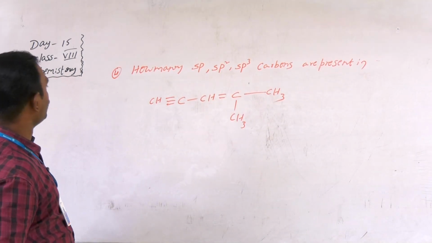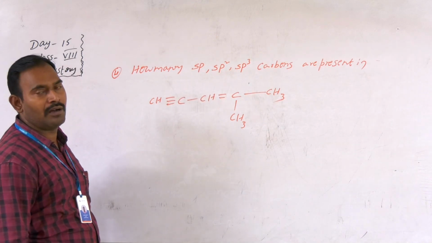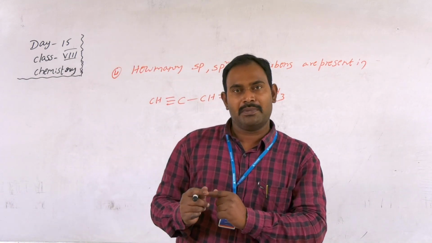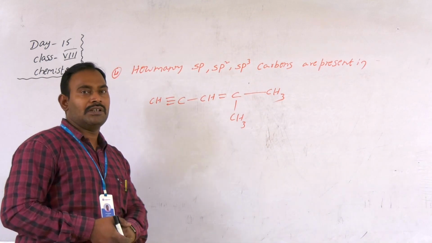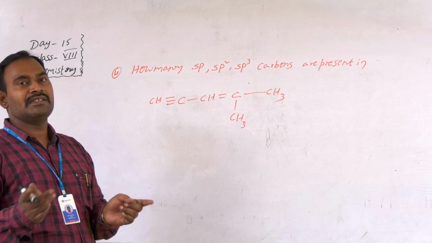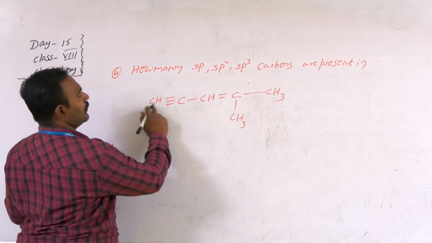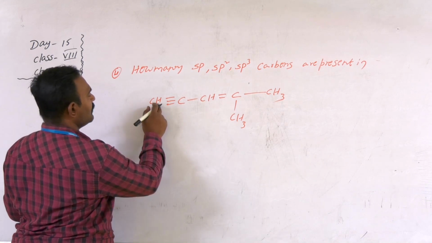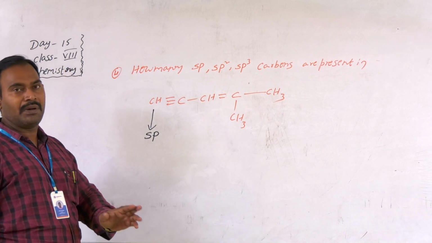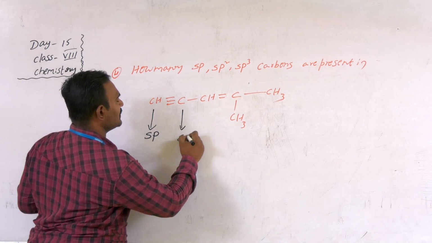Now see here, coming to the fourth question: how many sp, sp2, sp3 carbons are present in the following compound? Already told you one short trick: carbon single bond carbon with other carbon, sp3 hybridization; with one double bond, sp2; with one triple bond, sp hybridization; adjacent two double bonds, sp hybridization. So here a triple bond is there, sp hybridization. Otherwise, one sigma bond with hydrogen, one sigma bond with carbon, no lone pairs, so steric number 2. So what is the hybridization here? sp.